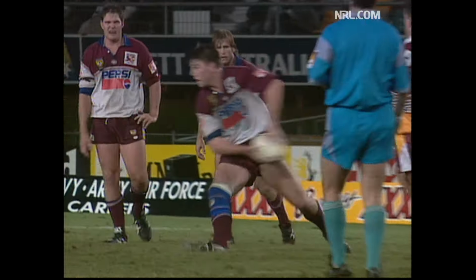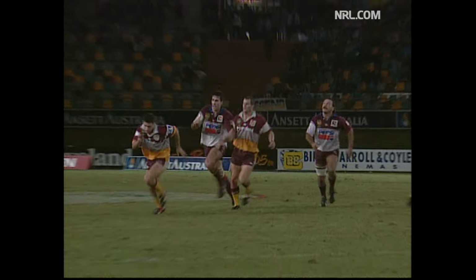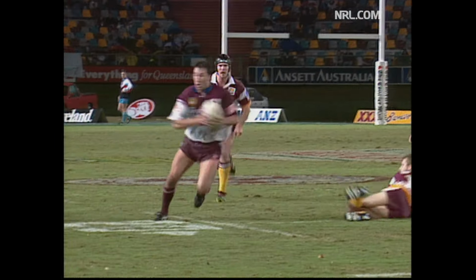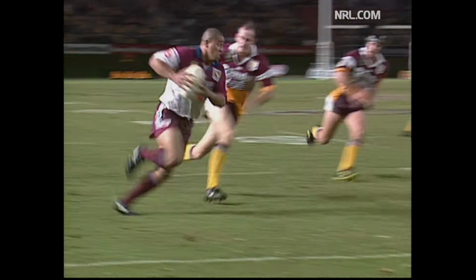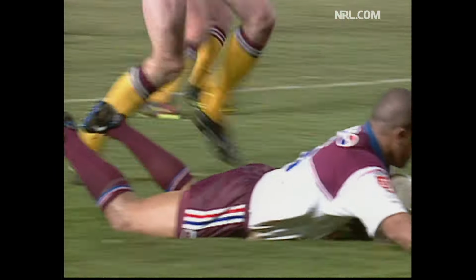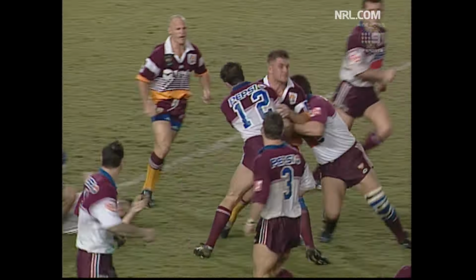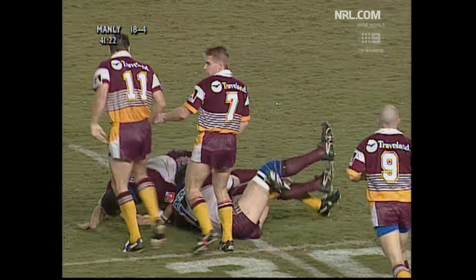Well, Manly are killing them with the kicks, aren't they? Well placed once again from Lyons. And you'll see Hill here, everything he does here is legal. You're allowed to shoulder your opponent out of the way. He's done just that. And great awareness to see Paul Hoff coming and just draw his man and put Hopewate over. This top of the table clash, 2nd against 3rd, but of course both sides feeling that